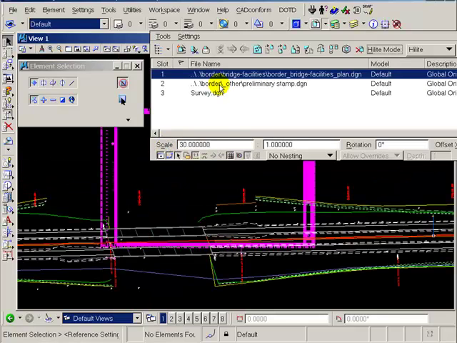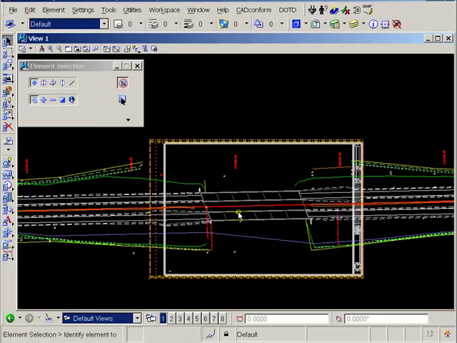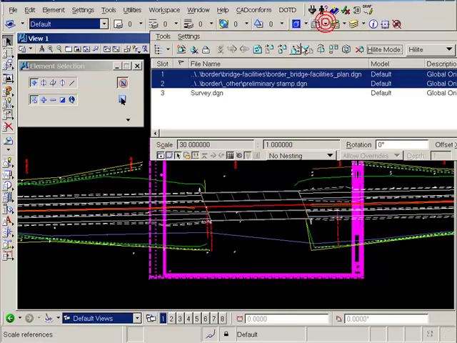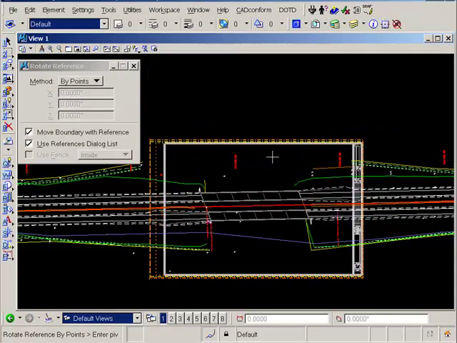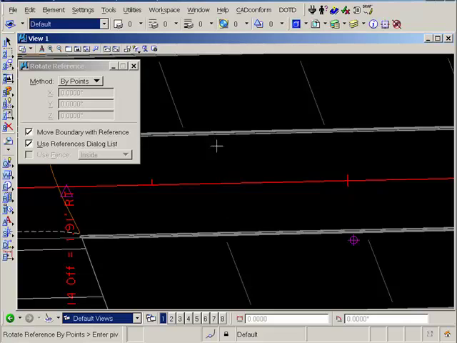Next, I need to align the border to the survey. Using the reference file dialog, I will select both the border and the preliminary stamp references, and right-click to access the reference file rotate command. Using the tool settings dialog, I will change the rotation method to by points so that I can define the